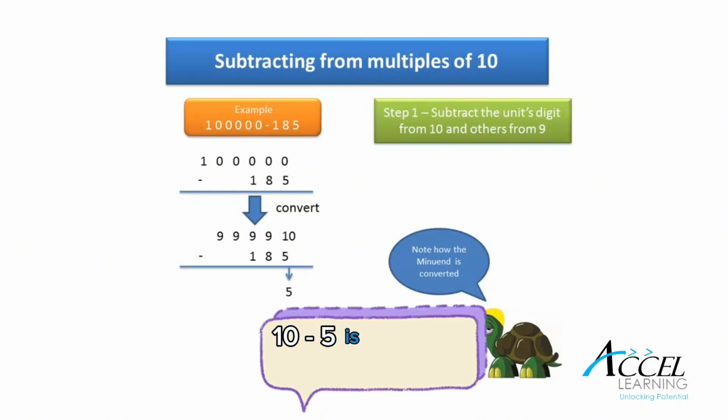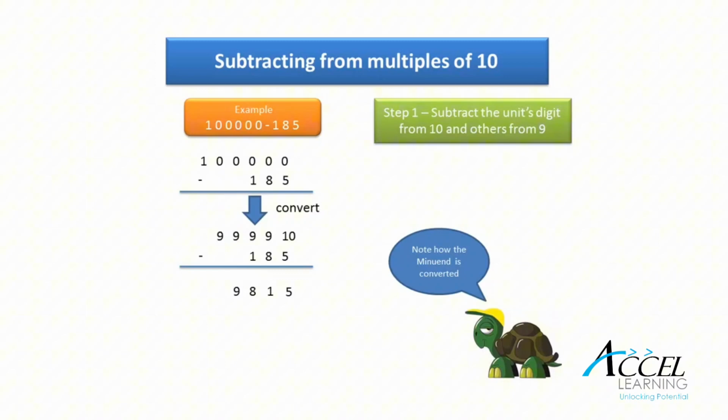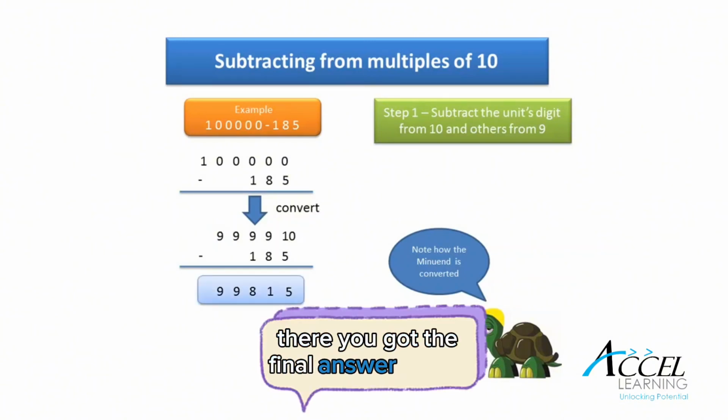10 minus 5 is 5. 9 minus 8 is 1. 9 minus 1 is 8. Bring down the two nines. There you got the final answer,